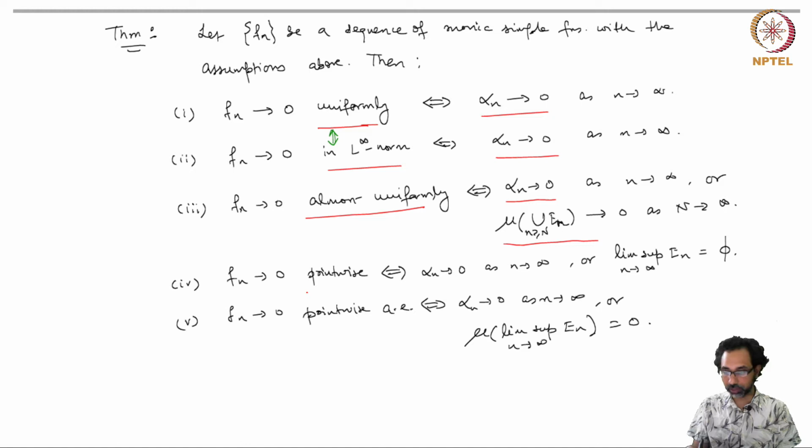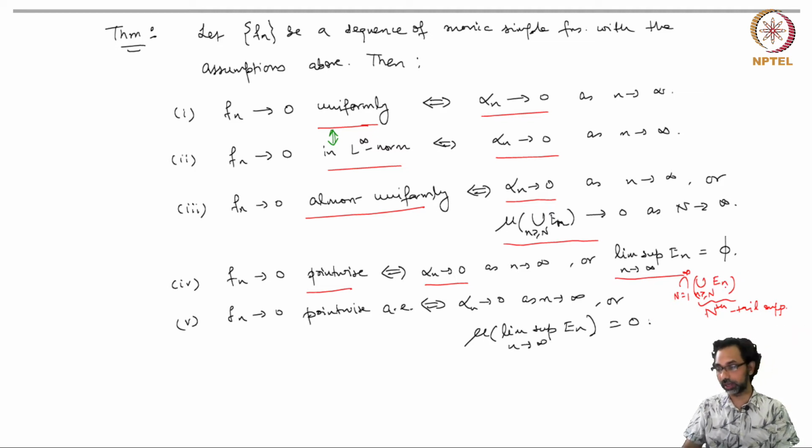Then we have pointwise convergence if and only if either the height goes to 0 or the lim sup is the empty set. So note that this lim sup set is nothing but the intersection of all tail supports. So this is precisely the intersection over N equal to 1 to infinity of the union over n greater than or equal to N of En. So this is the nth tail support. So in terms of nth tail supports, we see that the intersection of all nth tail supports must be empty,